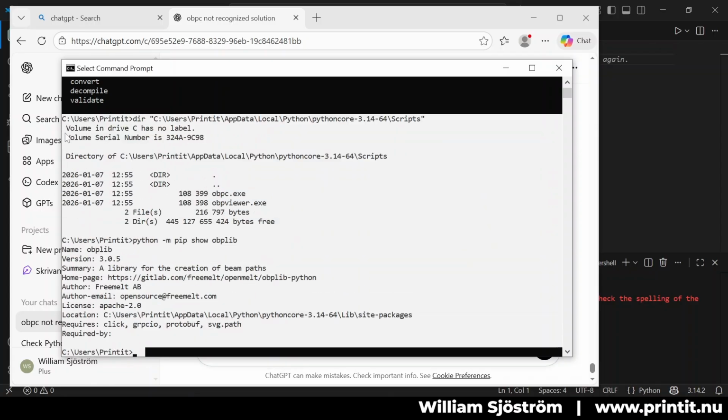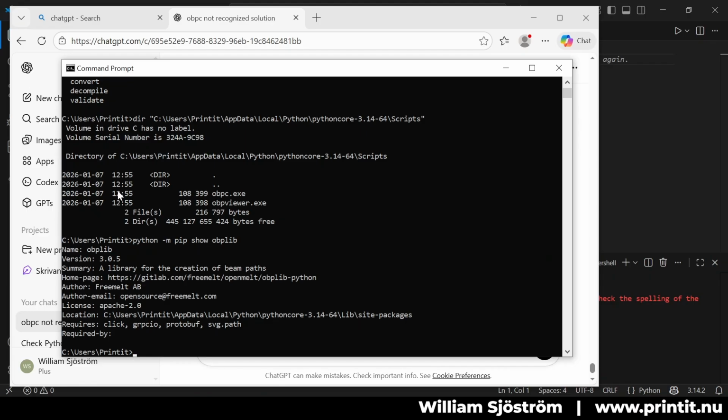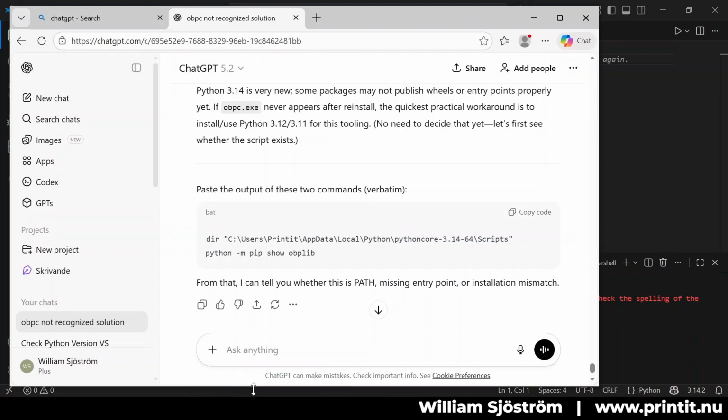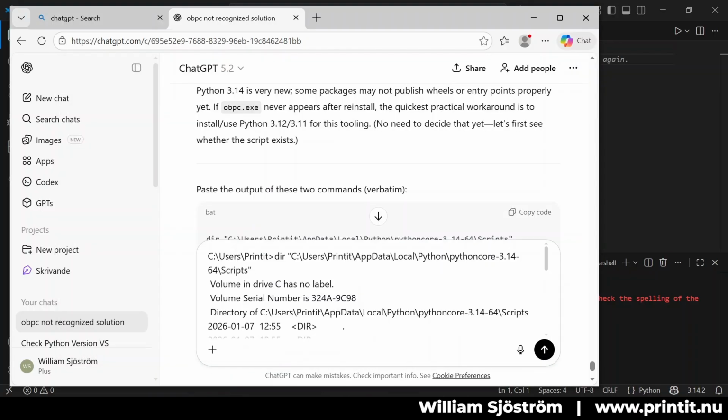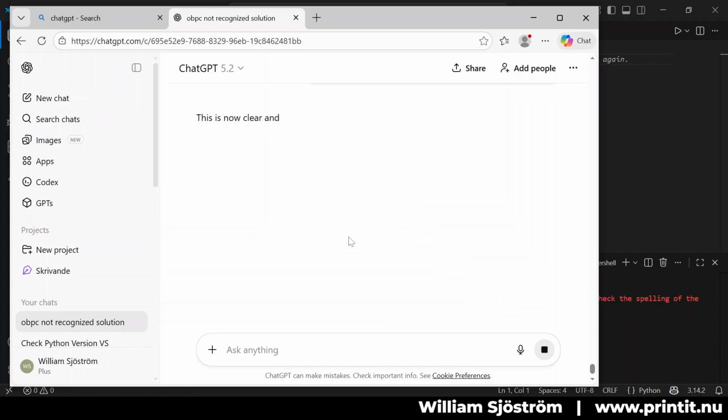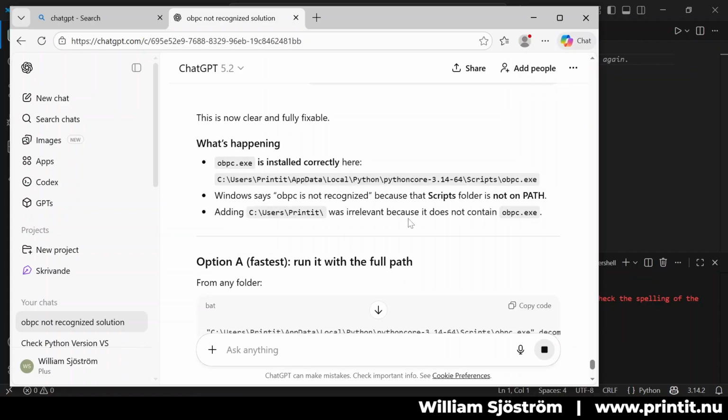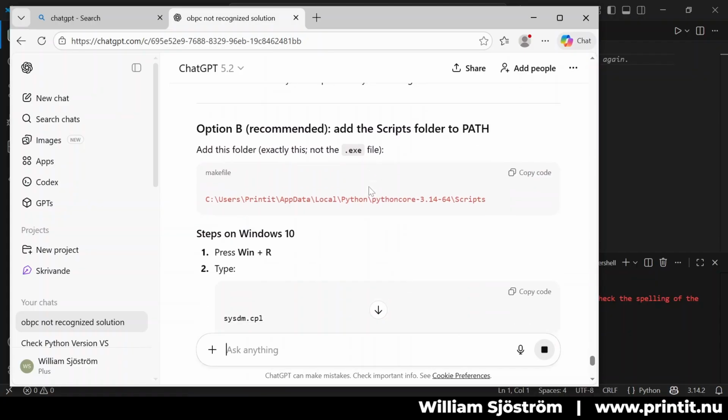Okay, so this is what we ran, and yeah, it does show the OBP viewer as well. We will come into that later, but for now we'll give this back to ChatGPT and see what we do to fix this. Okay, so we need to add something to the scripts folder. We should add this one inside